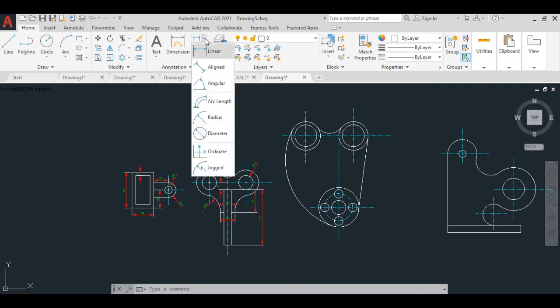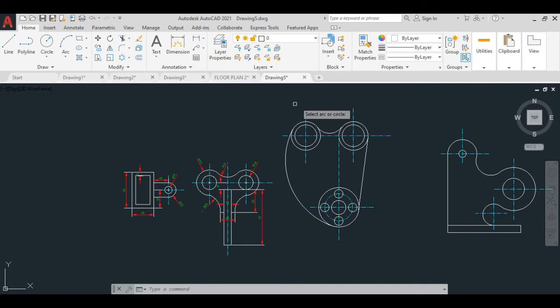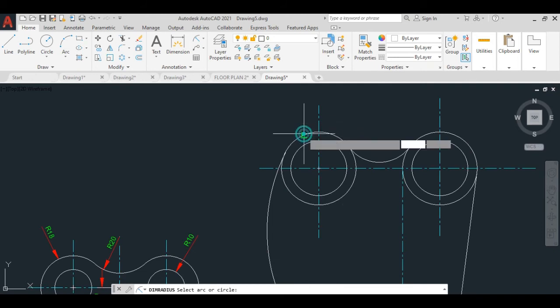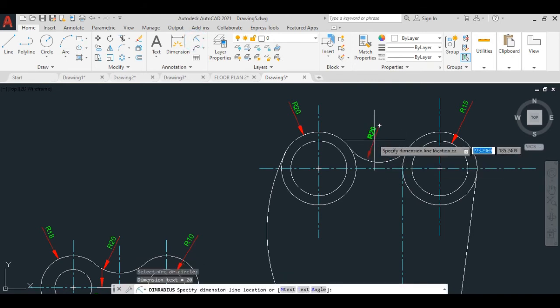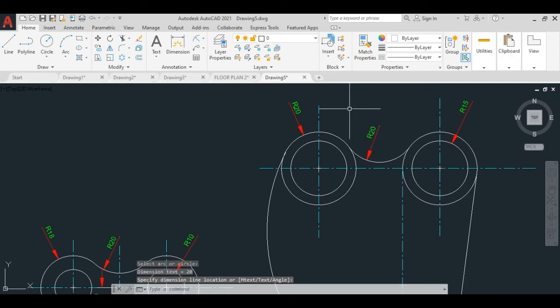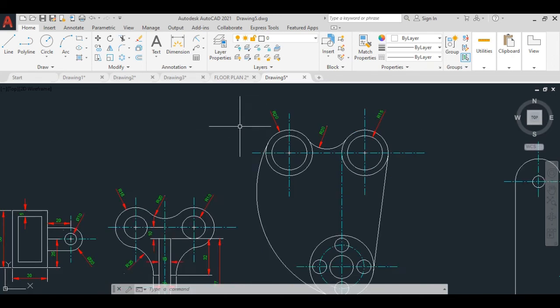Okay, we'll do this. I'll choose the radius option. So I just click here, just simple, you have to click and nothing. Okay, I'll give it here. If you want the size bigger, you can go to the fit option and try to increase your value. But this is, I think, suitable. Okay, this is visible.